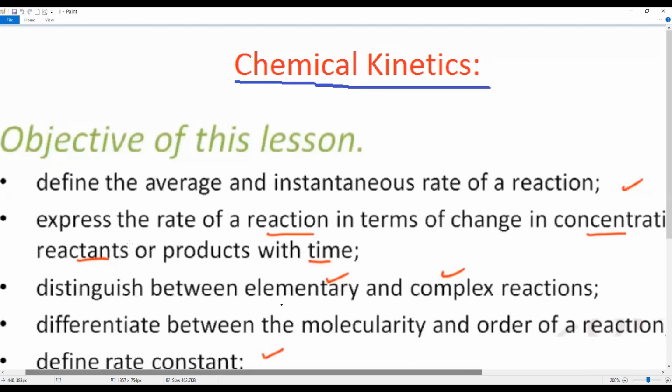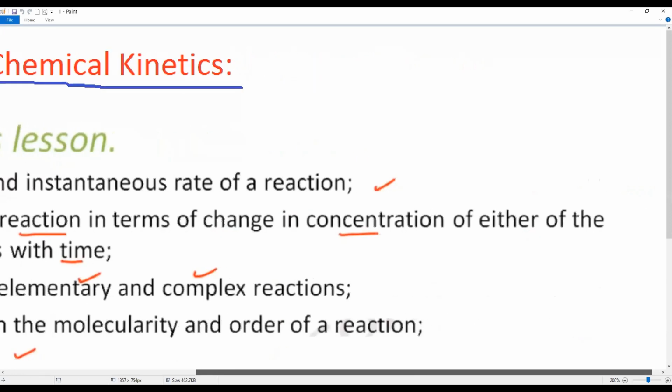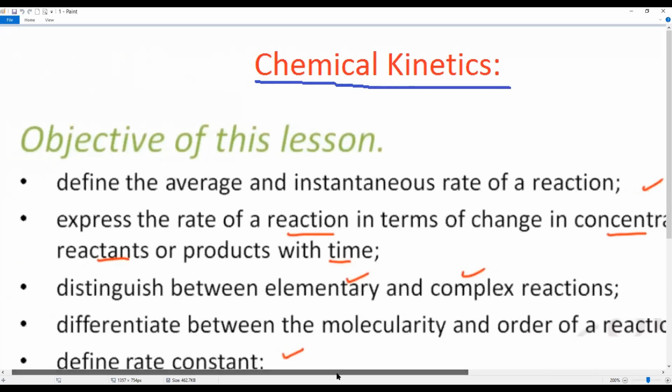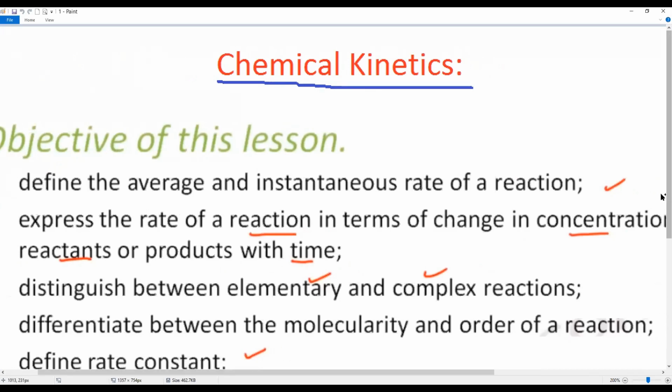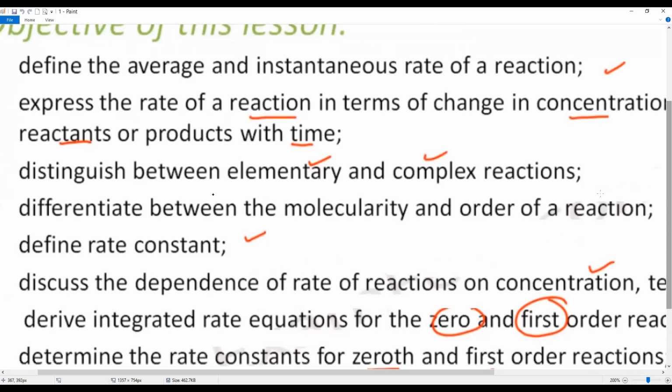Rate of the reaction, and then we will discuss a little bit about the rate of reaction in terms of change in concentration of either the reactant or a product with time. And then we will start discussing the elementary and complex reaction, and differentiate between the molecularity and order of reaction. Then we will define a rate constant and discuss a little bit about the dependence of rate of reaction on concentration,